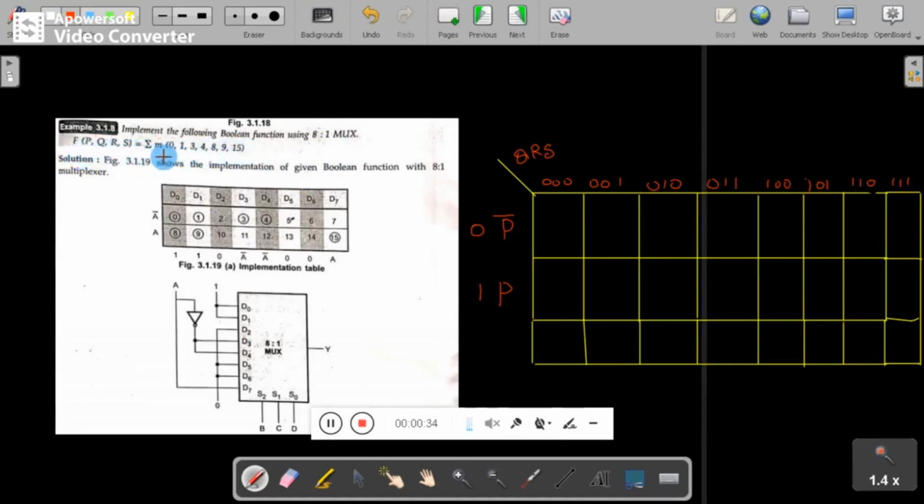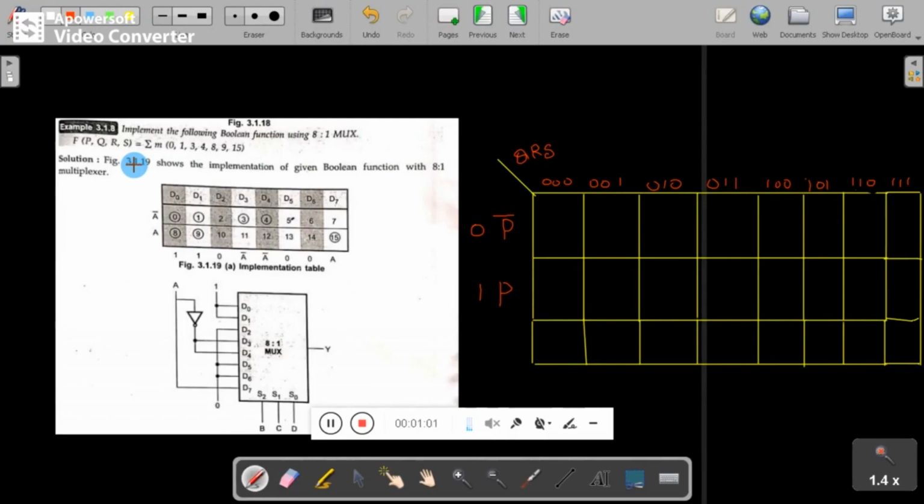A 4 variable expression normally contains 16 min terms, and the maximum min term in the problem statement is 15. Now you have to solve this function and implement the resulting expression using an 8:1 mux.